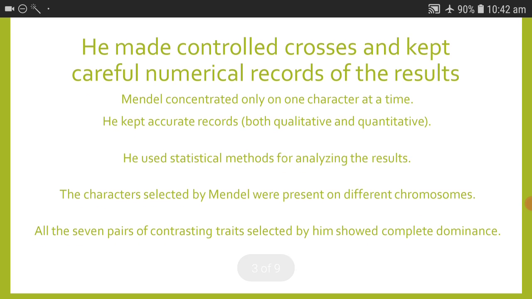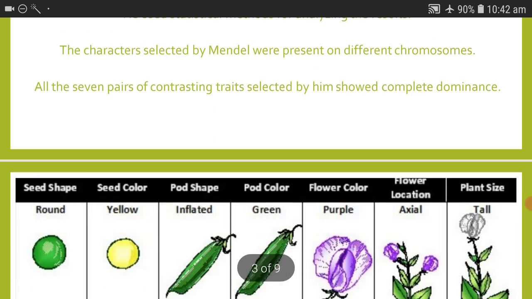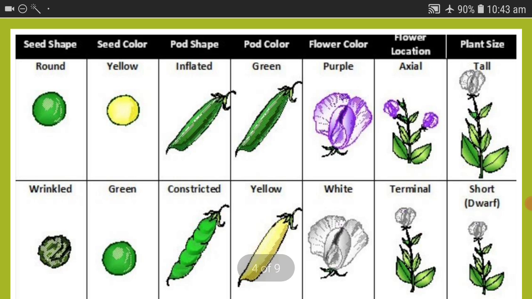He made controlled crosses and kept careful numerical records of the results. Mendel concentrated only on one character at a time. He kept accurate records, both qualitative and quantitative, and he used statistical methods for analyzing the results. The characters selected by Mendel, surprisingly, were present on different chromosomes. All the 7 pairs of contrasting traits selected by him showed complete dominance. This is another chance. And here you can see the various characters